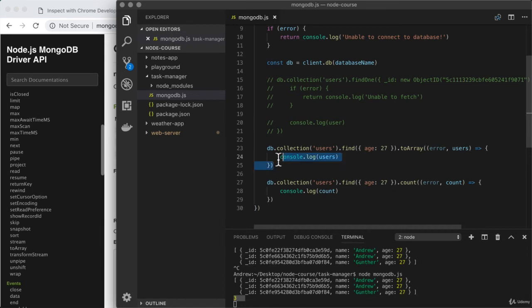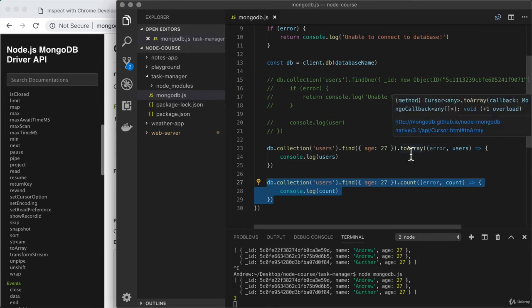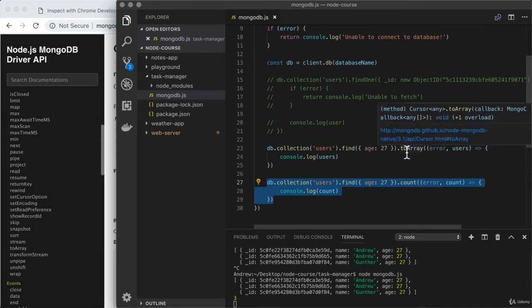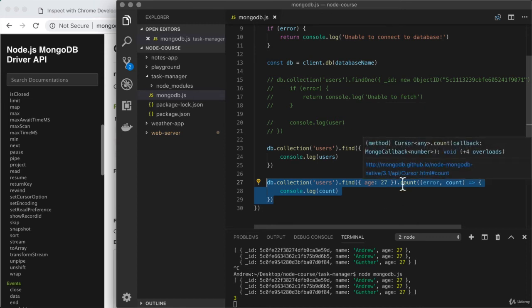Sometimes I want to get the data, I want to get all of the individual fields back, and in that case, toArray gets the job done. But if I do want to do something simple like count, there's no need to fetch all of those records, store them in memory in Node.js, only to get a single number back. MongoDB can handle that for us. Instead of needing to transfer all of the documents across the network, it can just transfer that single integer, in this case, the number 3. So the cursor is a nice tool for us to be able to use, and hopefully this example illustrates why we might not always want to get all of the data back, while we might want to sometimes do something a little bit different.